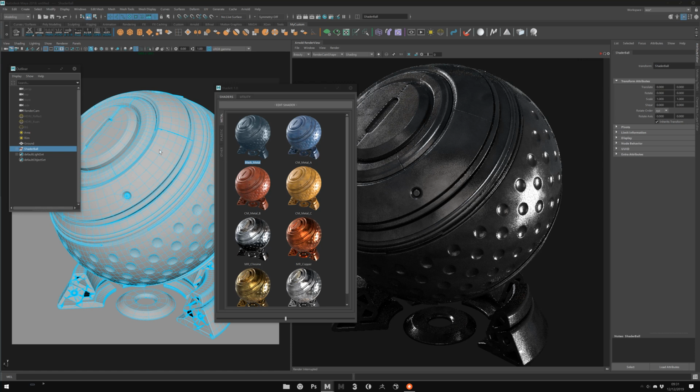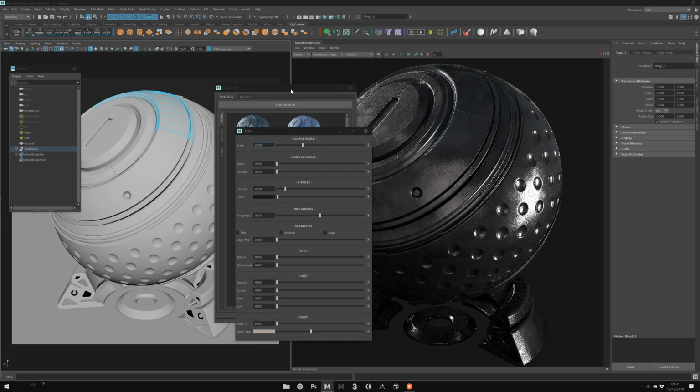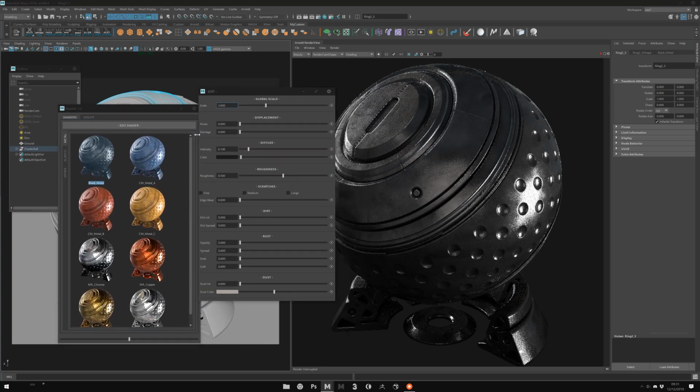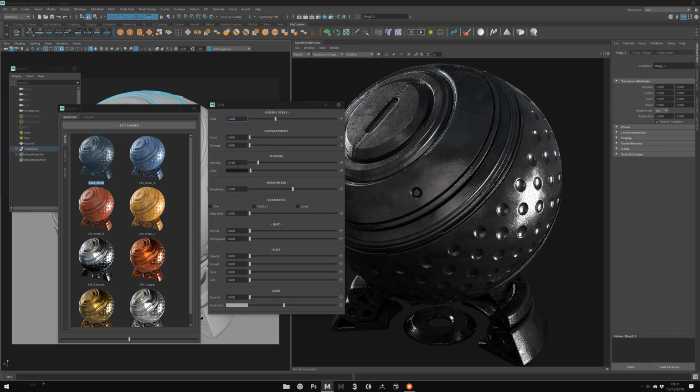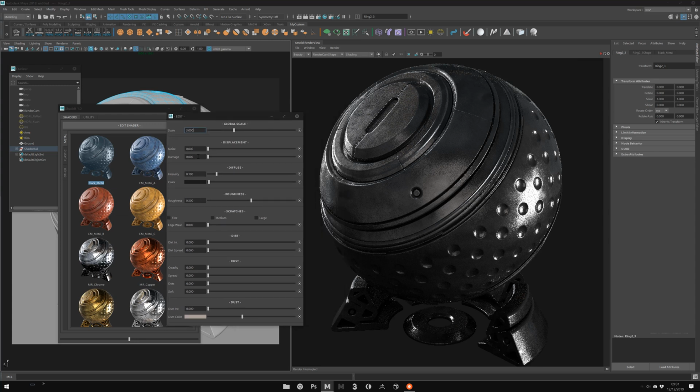Because if you select too many meshes, that will make Shaded a bit slow and laggy. So only select one mesh, it's better. One mesh with an assigned shader, and click edit shader. That will open a pop-up edit window with all the settings you have access to edit this shader.